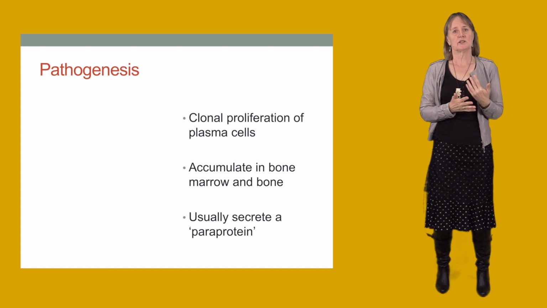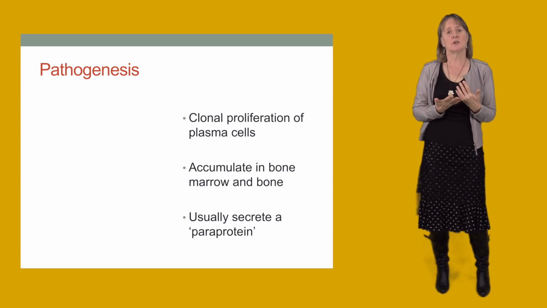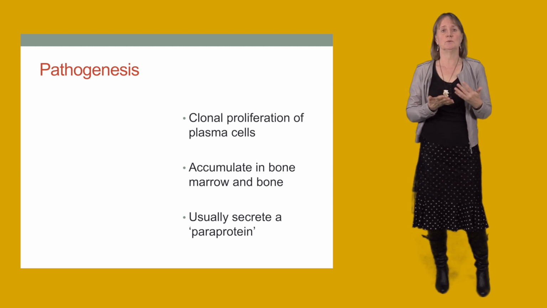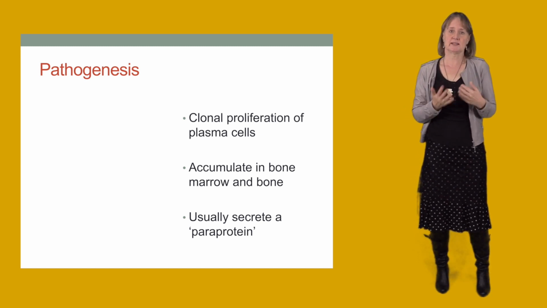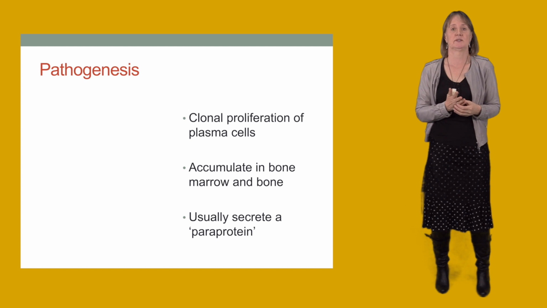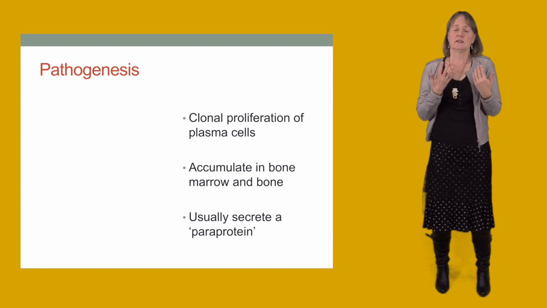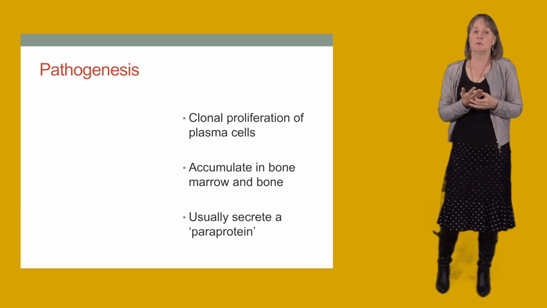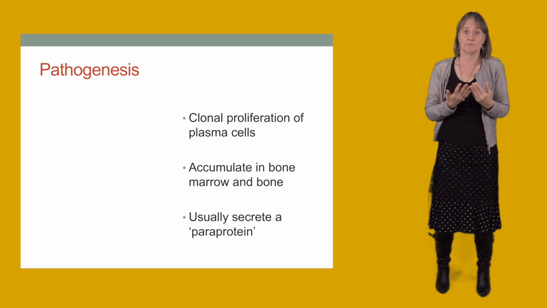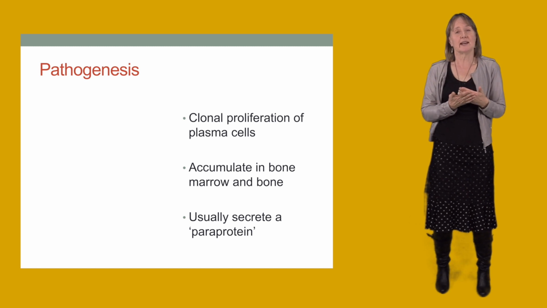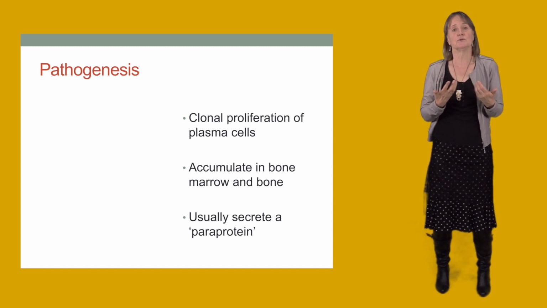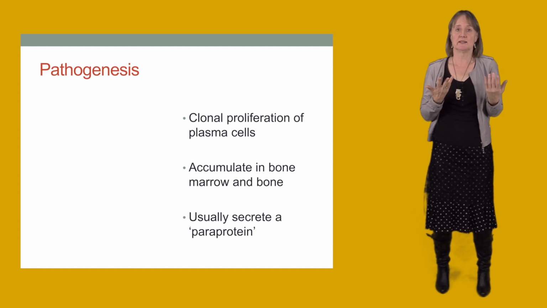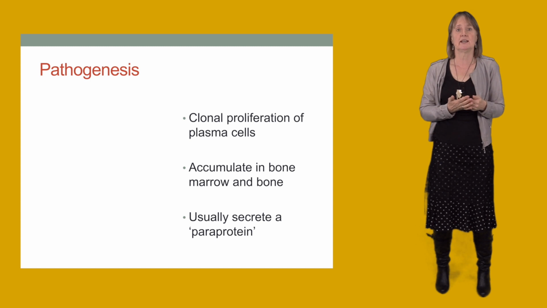So myeloma is a tumour in which there is accumulation of plasma cells. These are abnormal neoplastic plasma cells, and the normal counterpart are the mature B cell antigen producing cells. The plasma cells accumulate in the bone marrow and also in bone, and they usually produce an abnormal antibody-like protein that we refer to as a paraprotein. As with all the hematological malignancies, myeloma is a clonal disease, so the plasma cells are clonal and the paraprotein